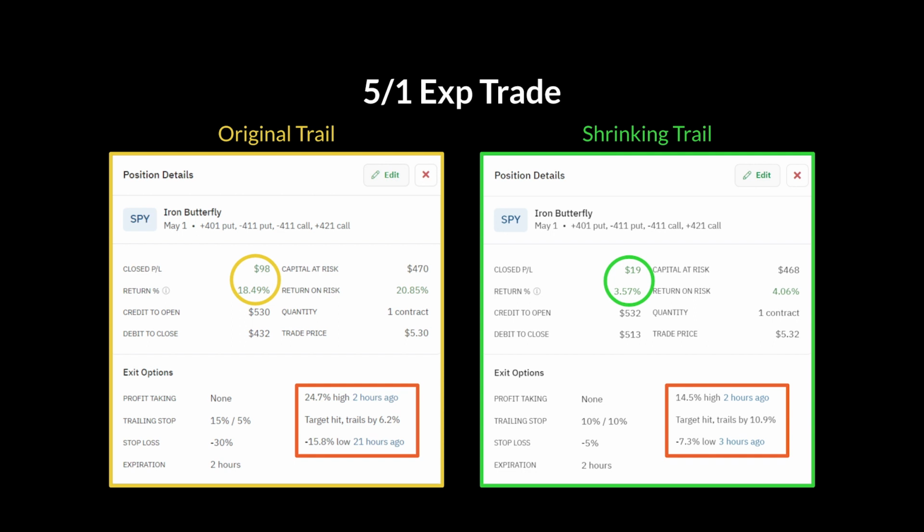And you can see over in the original trail, at the actual end of the day, it was down -15.8%. And so I was thinking, okay, here's where the shrinking trail is going to shine, because this one, the original trail, is going to lose -30%, while this one gained $19. Well, in fact, when the market opened up the next day, this was already in a lot of profit,